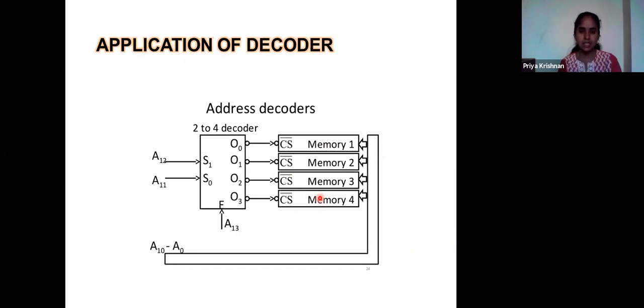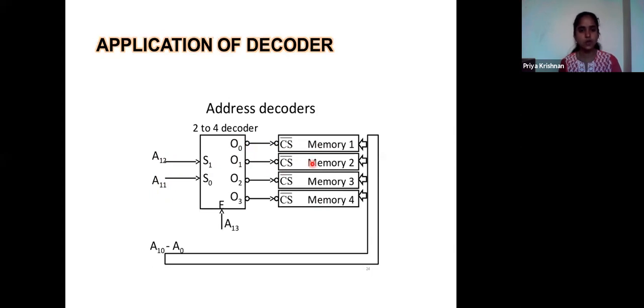So here I can select using my input lines. If I give 0, 0, which output will be enabled? D0 will be enabled, so this memory will be selected. If I give 0, 1, then this output will be 1, so this memory will be selected.